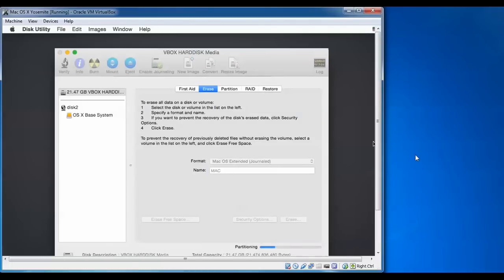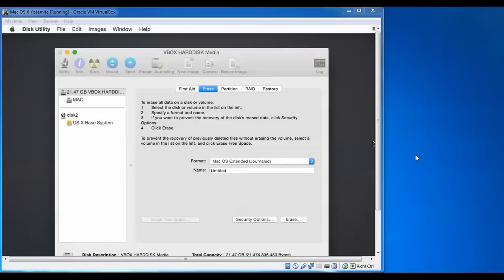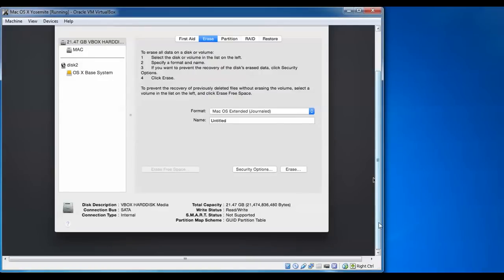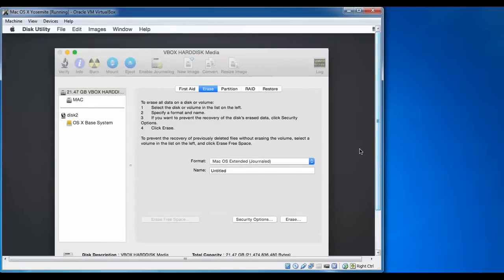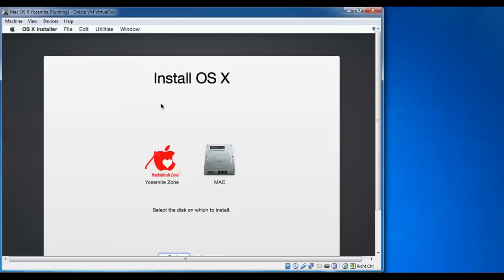Before erasing and formatting, please remember that it's going to erase your hard disk completely. So before erasing, you need to take a backup of this hard disk. If you have any data, take a backup and then erase. So click on close this one, and here we came back to this hard disk.